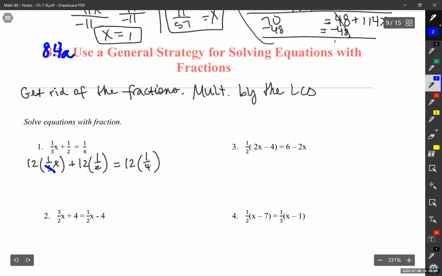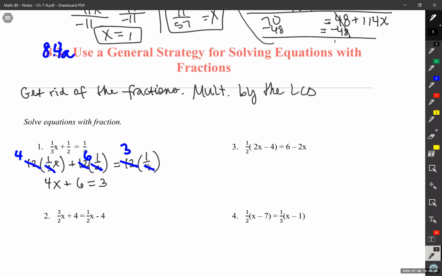So 3 goes into 12 4 times, 2 goes into 12 6 times, and 4 goes into 12 3 times. And that leaves us with 4x plus 6 equals 3. Now, we're not done. However, you might have noticed that we have a much simpler looking problem, meaning I don't have to add fractions, I don't have to subtract fractions, I don't have to multiply fractions, any of that stuff. So what we want to do is get rid of all those fractions and now solve it like we did in the previous section. So I'm going to subtract 6,